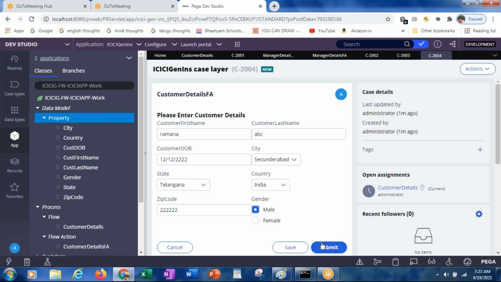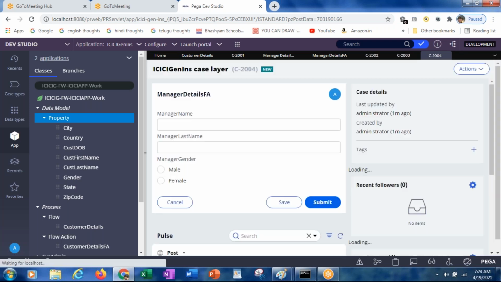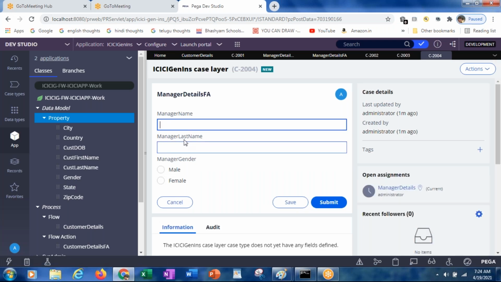Now if you select submit and move to the next screen, which is the manager details flow action, here we entered Ramana ABC. Now these properties are blank. Earlier, as you were referring to the same properties, the values you entered in the first screen, the customer details flow action, were coming into the manager details flow action also. But as it is different now, it is not having any values.